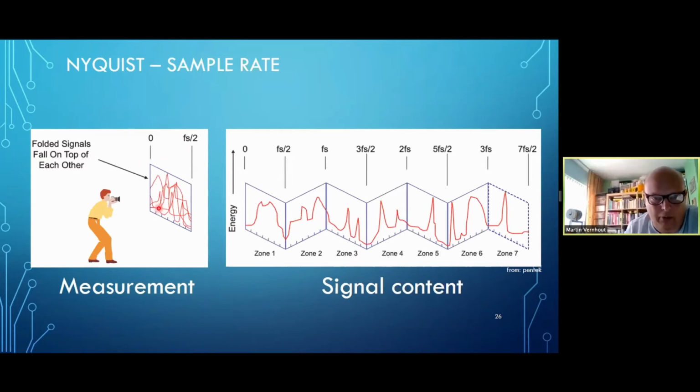Now, how do you spot your original signal where you know that your signal should have been in the range of 0 to sample frequency divided by 2, your Nyquist frequency? So there is one simple solution. We need to get rid of all these higher frequency terms, and we do that by low-pass filtering, or we can change it by increasing the sample rate.